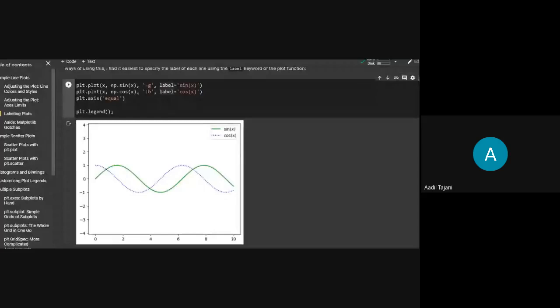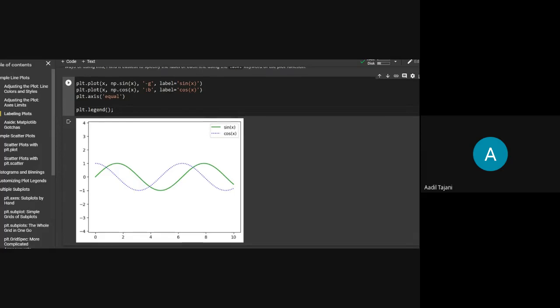And just one thing to remember, when you want to show the legend in Matplotlib, you have to call the function plt.legend. You don't have to pass anything right now, just to show it. Because if you don't run this line, then it won't show you the legend. So if you run it here, as you can see, you got a legend where it shows that this normal green line shows the sine curve and this dotted blue line shows the cos curve. So this is how you show a legend. You just have to mention the label, what this plot should show in the legend, and you have to use the legend function to show it.